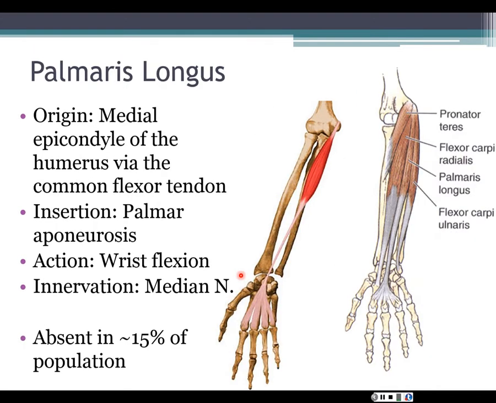Palmaris longus is a really tiny muscle. It's also going to have that common flexor tendon origin, and it's going to insert not into a bone, but into what we call the palmar aponeurosis. So on the palm of your hand,